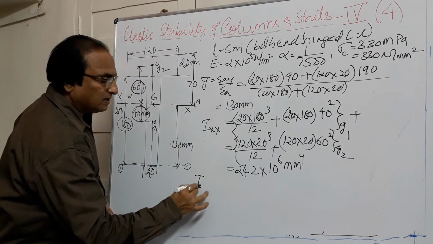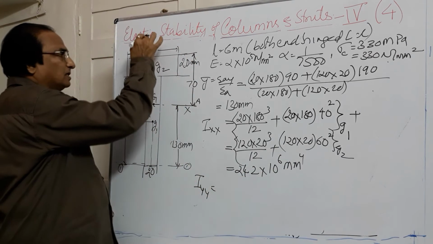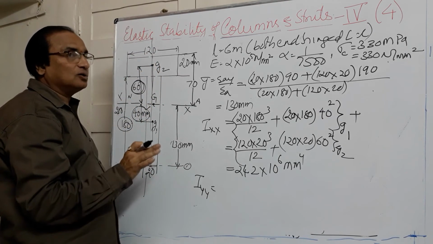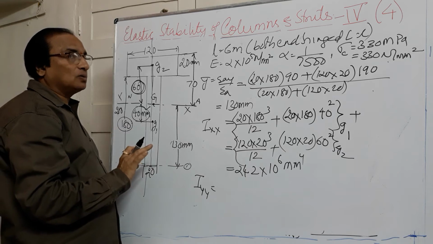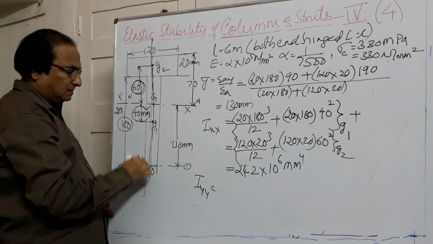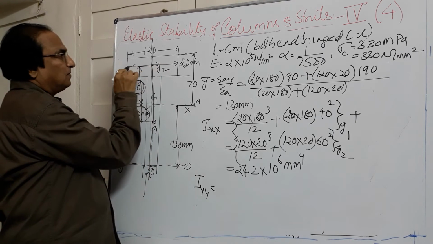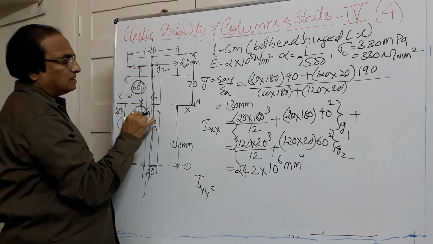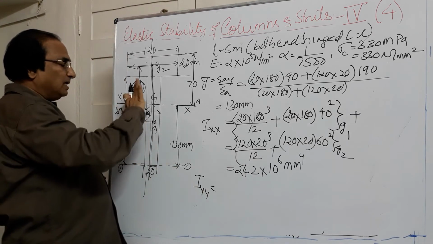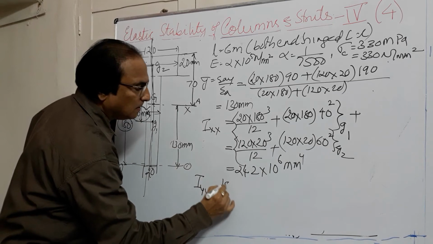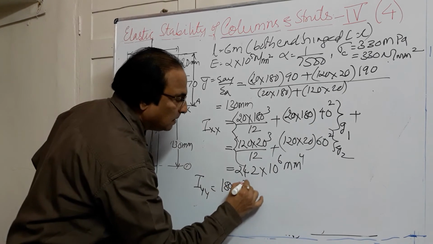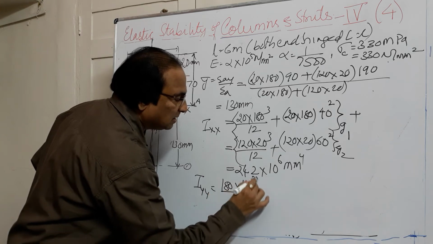Likewise, we will go for the moment of inertia about y. You see the y axis and the centroid of both the components are coinciding. You can directly use the formula b d cube by 12. So d is the distance perpendicular to the axis. This is your axis. So this is the perpendicular distance for this component. This is the perpendicular distance for this component. So if I go with Iyy, b will be here 180 and d is here 20, cube divided by 12. This is for G1.